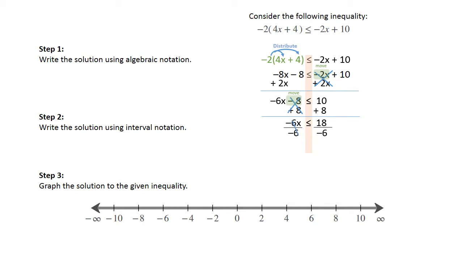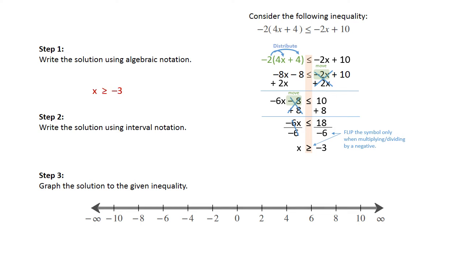And just like we would in an equation, we're going to divide by that negative 6. That's going to cancel the negative 6's on the left hand side. The big thing about inequalities is if you're multiplying or dividing by a negative, you're going to flip that sign. So you're going to flip the symbol facing the other direction and then do the math as you see it. So that's going to be x is greater than or equal to negative 3 because you're dividing positive 18 by negative 6. That's actually our algebraic solution. So that's our answer for step 1.